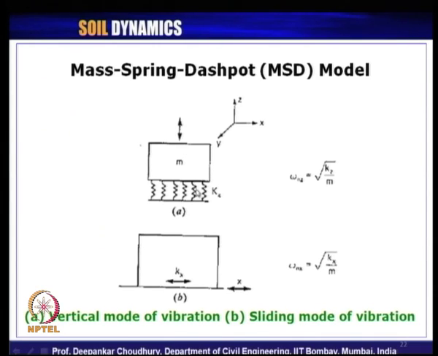So, the springs are considered having a spring stiffness of Kz, the vertical spring constant, and the natural frequency for vertical mode of vibration, omega n z, equals root over Kz by mass of the machine plus foundation